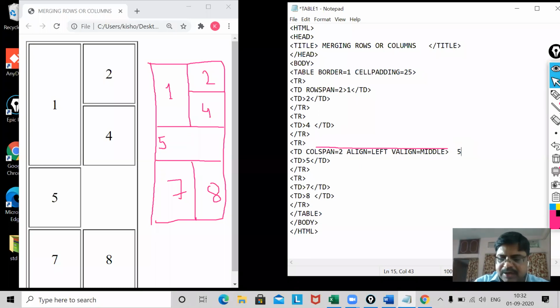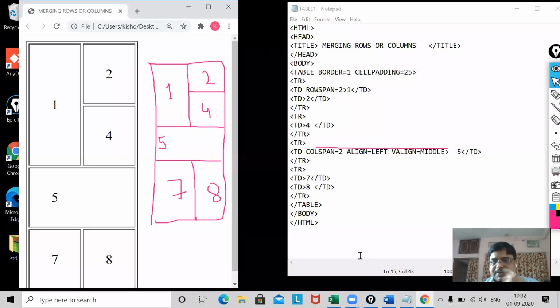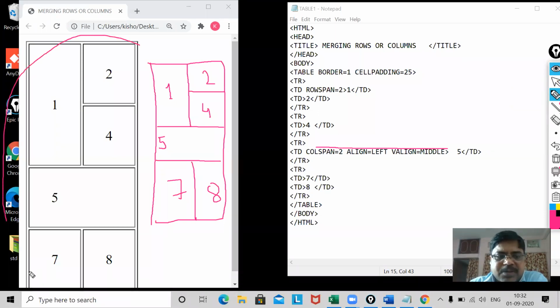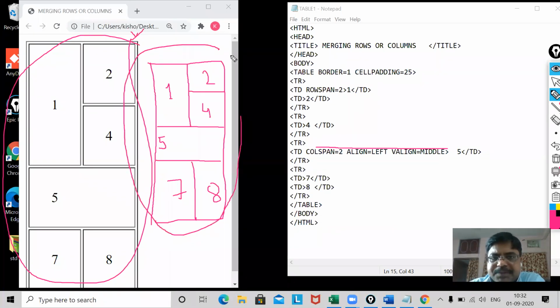So I will write 5 here and then slash td, slash tr. Yes. Now I'm going to save it. Now you check it. You compare both the tables. This is my table which is shown by the web browser, and this I have drawn.